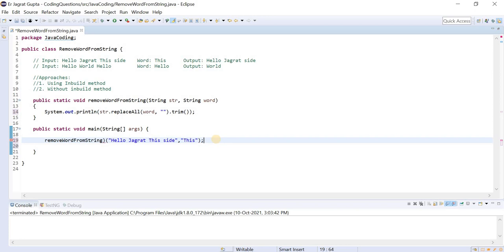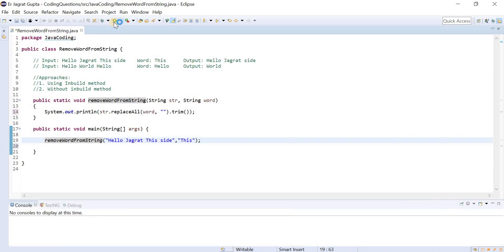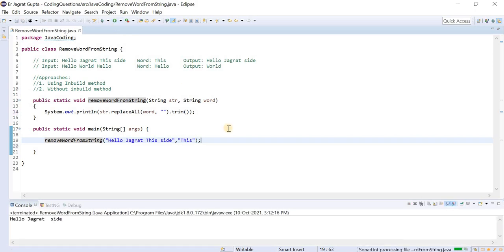Let's see what the error is. Okay, now this is fine. Let's run this and see whether it is working fine or not. Guys, you can see that our input string was hello Jakrit this side, and the output string that we are getting is hello Jagra side, which means this word is removed.